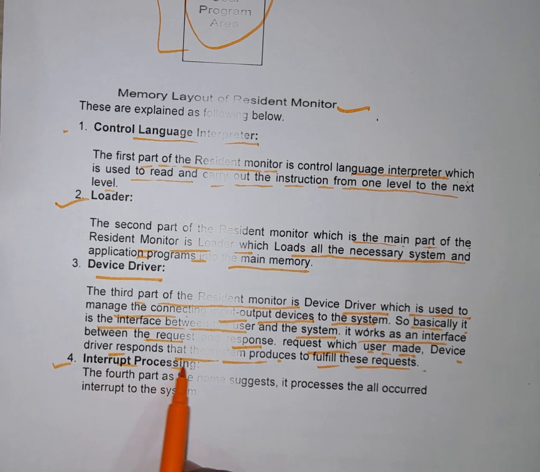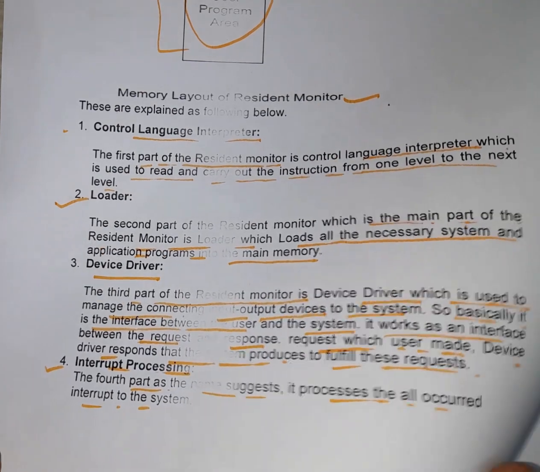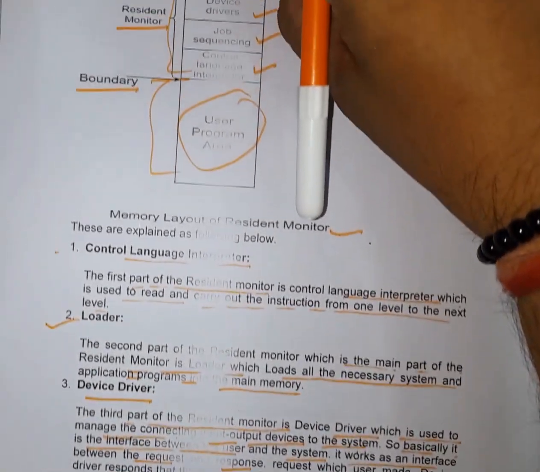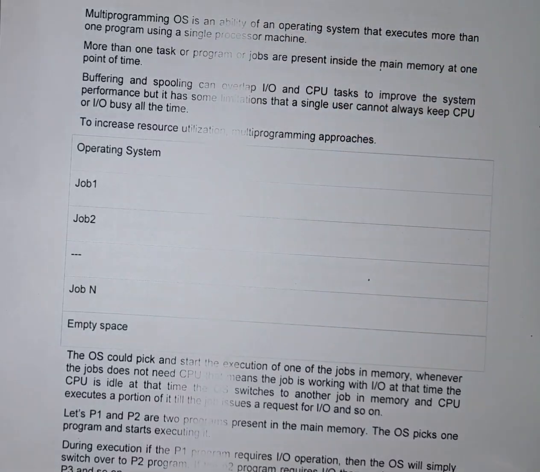Another one, interrupt processing. The fourth part, as the name suggests, processes all the interrupts that occur in the system. Next one is the